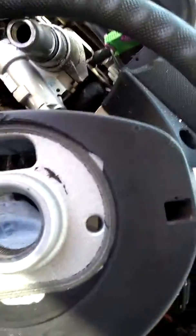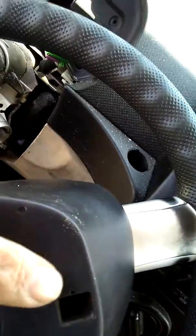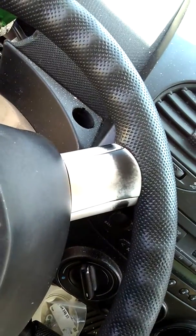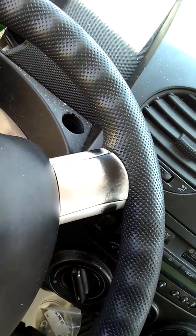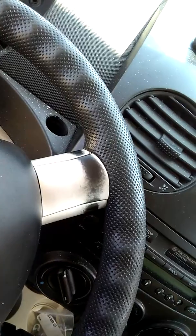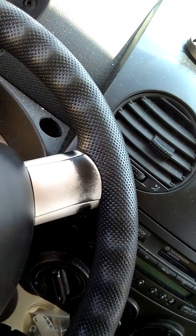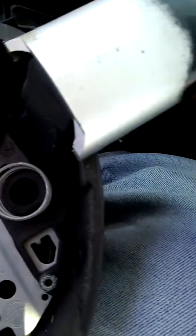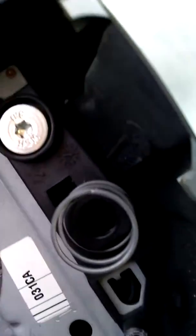It has a hole in here, and what I used was a flat screwdriver. You put the screwdriver in and then unlock one of the locks that is right on there. I don't know if you see it. It's right between the